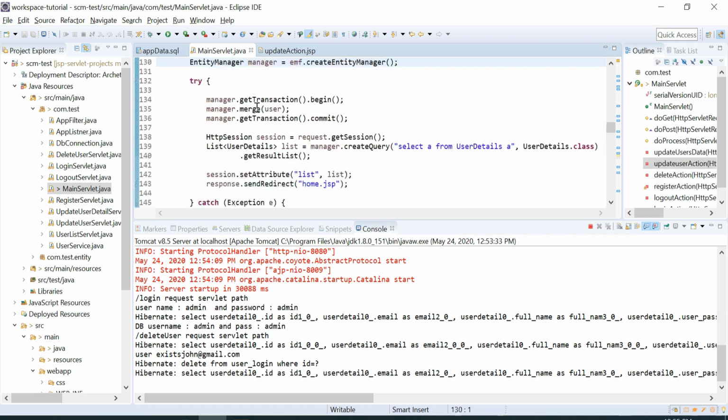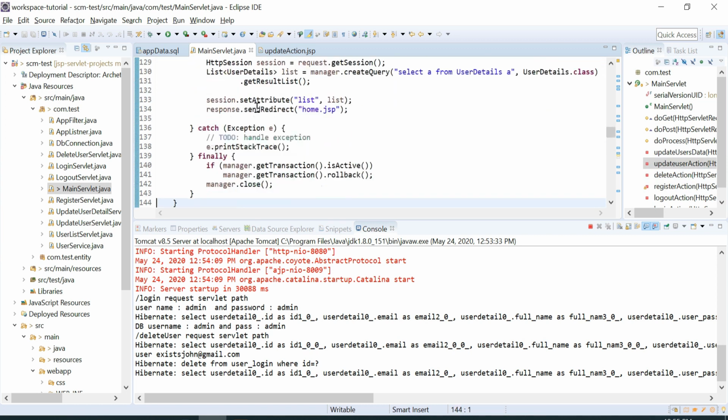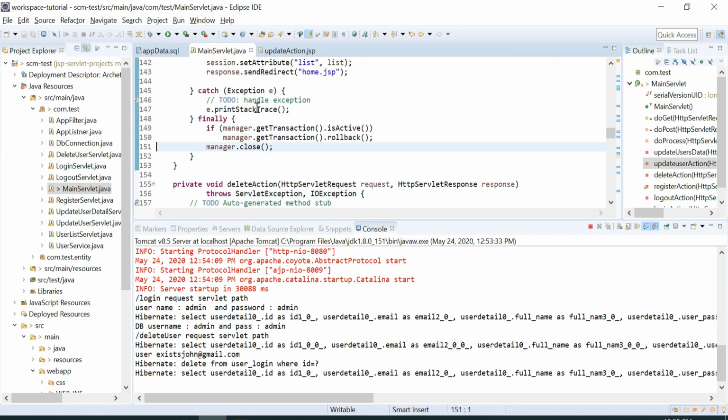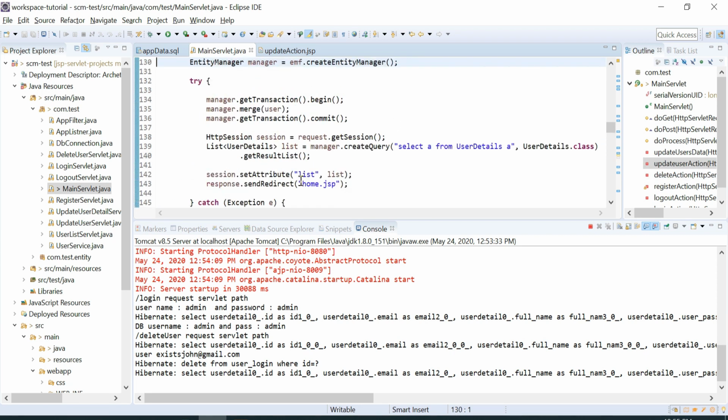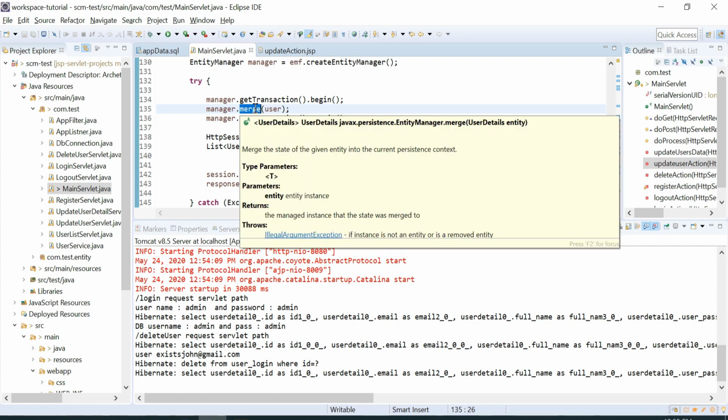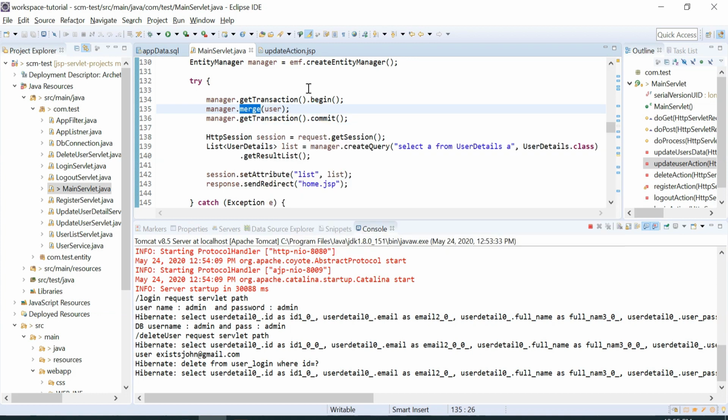Update we have already seen, and delete we have already seen, and select all users we are doing every time. So list of users we are doing all the time. This is how we can do update by using the merge method, and delete by first find and later remove.